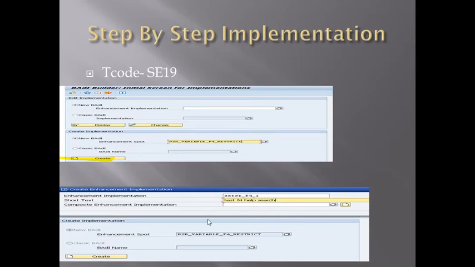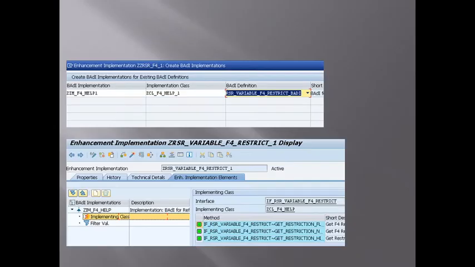We just pass the standard BAdI name, then click the create button, and it will ask for the enhancement implementation name. We have to pass the implementation's name. Then, as I told you, it will ask for the implementation class, then your standard BAdI name. You can pass it, and this will come here as I showed you.